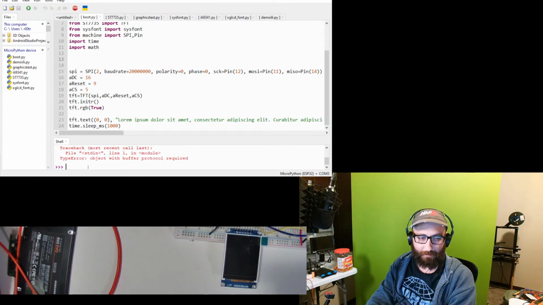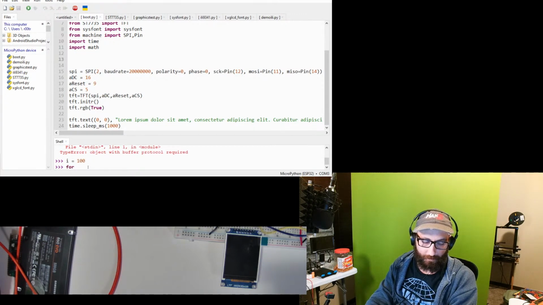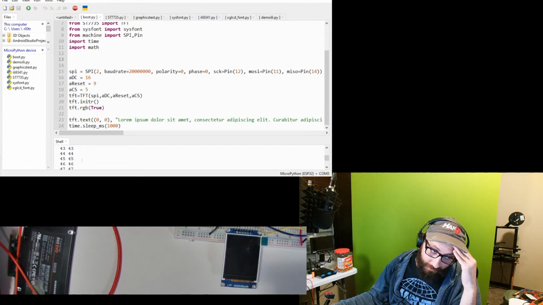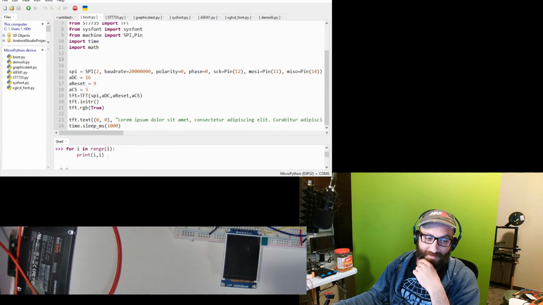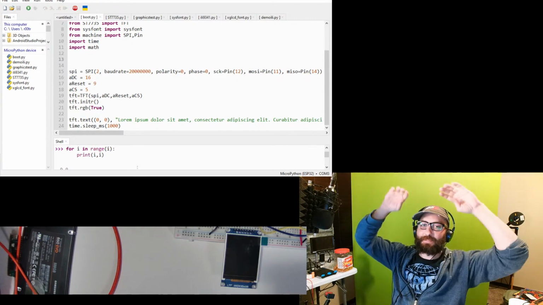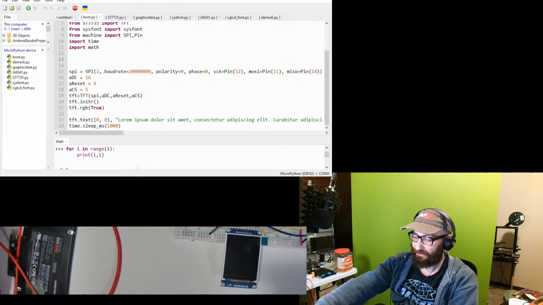Well, there's always errors everywhere, but let's do i equals 100, for i in range i, print i. Okay, yeah, so fun stuff. MicroPython is pretty hilarious, but I don't know any funny examples to show on the screen other than that. But I will leave you guys, and as always,